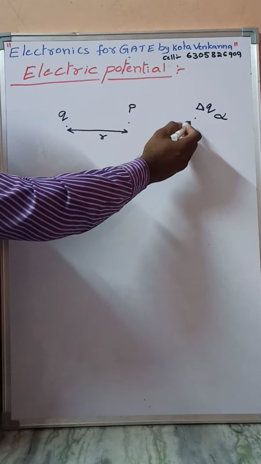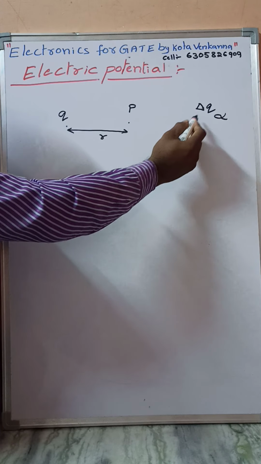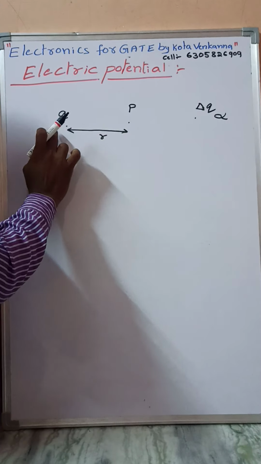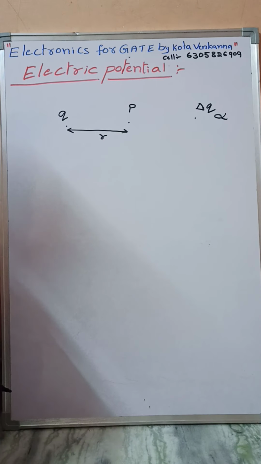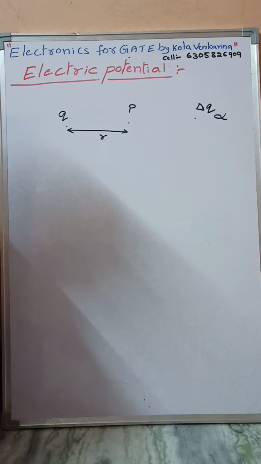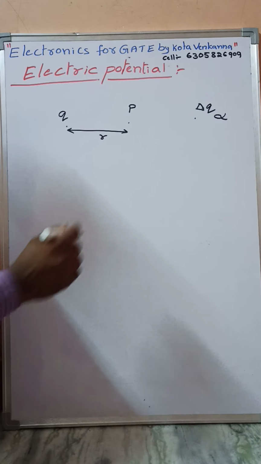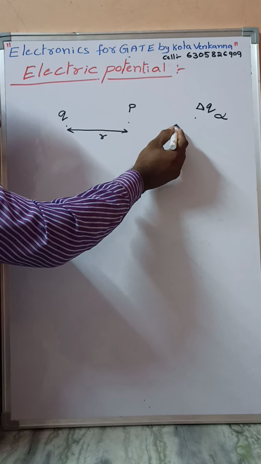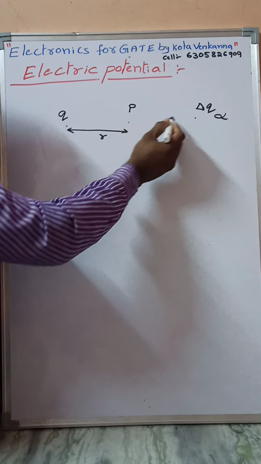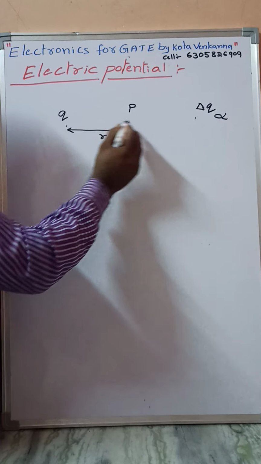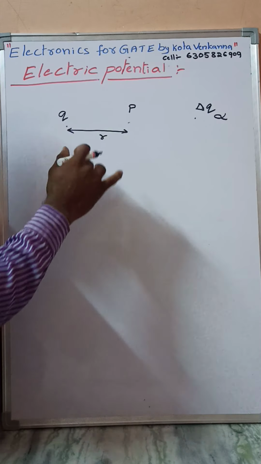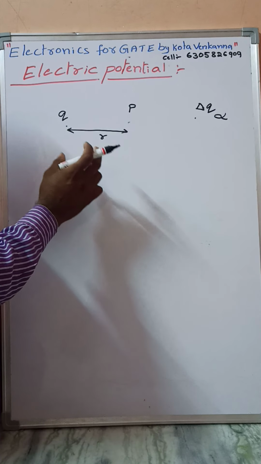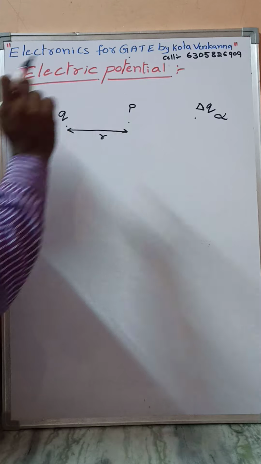So here, the test charge is moved from infinity towards Q, along this axis to the point P. Listen, this test charge is moved in the direction of the point P against the force of Q, either repulsion force or attraction force. Then some work is done on the system.